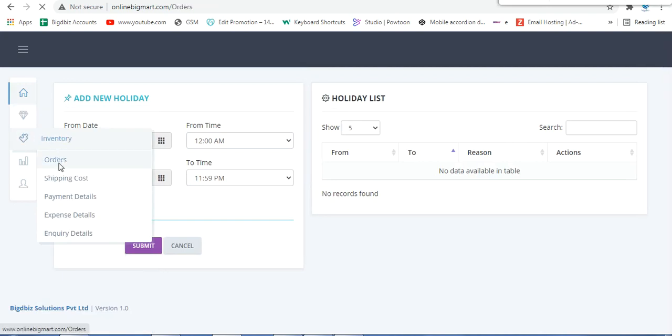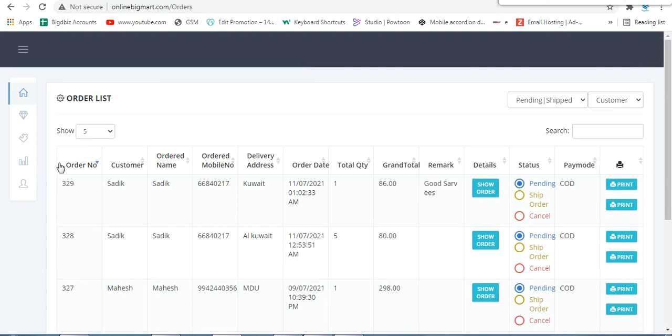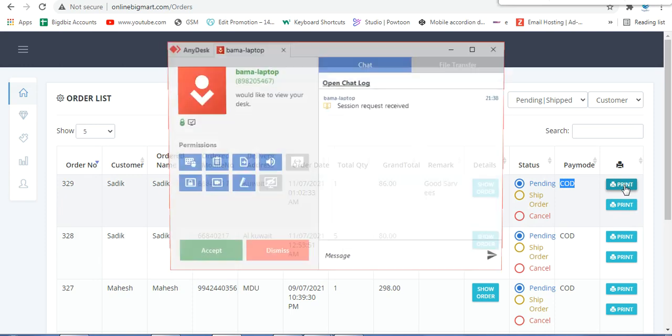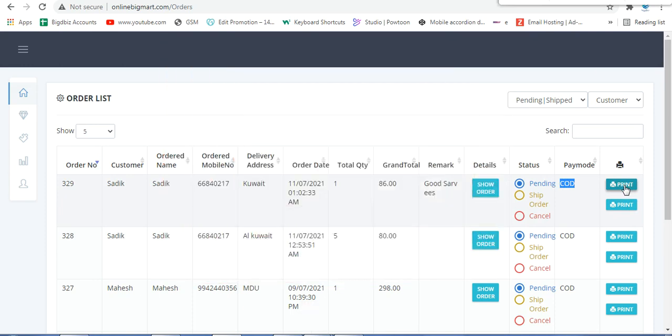So you can see here the total number of orders I have received till now. The orders which are pending will be appearing at the top. So this is the latest order I have received, and what are the details. What is the payment mode? Okay, so I can see here which is pending, not yet delivered. So I have the option of two prints. A4 sheet print is available. I'll show you now.